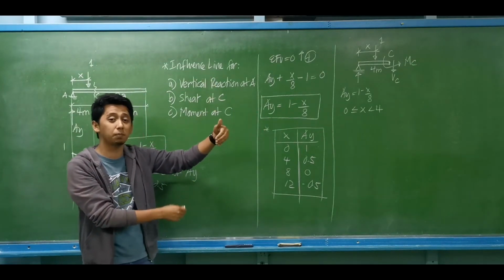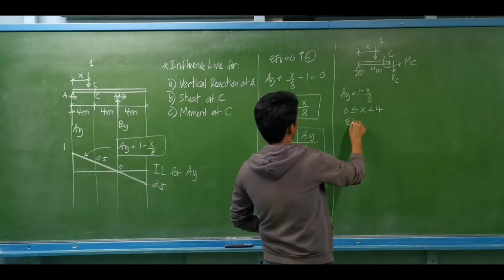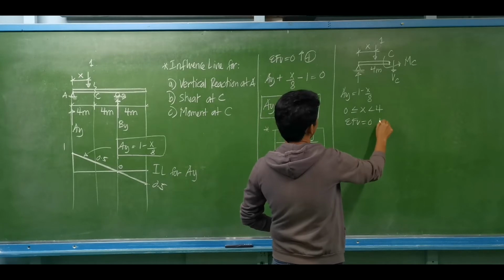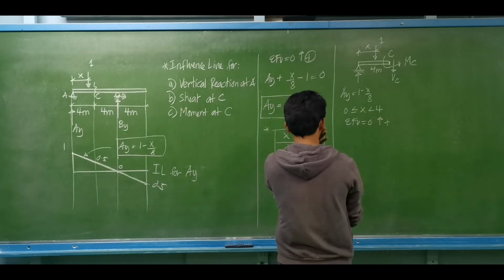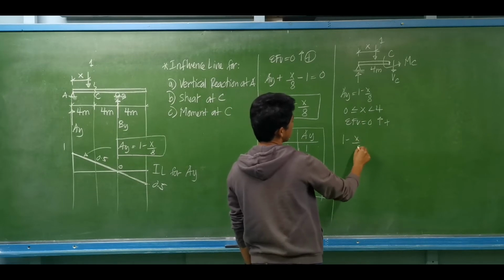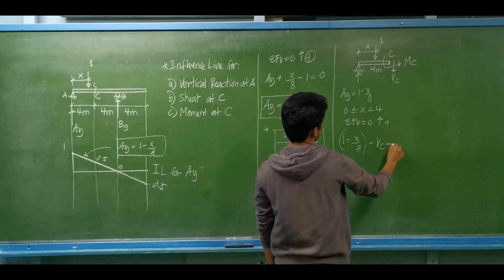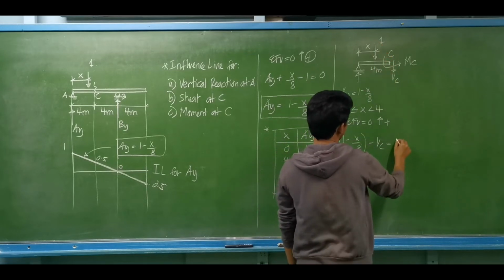Okay, so first, let us just establish the equation of the shear at C by equilibrium, summation of forces vertical. Summation of forces vertical equal to 0, upward forces to be positive. So what is our upward force? We have 1 minus x over 8, minus the shear at C, minus the 1 unit load,